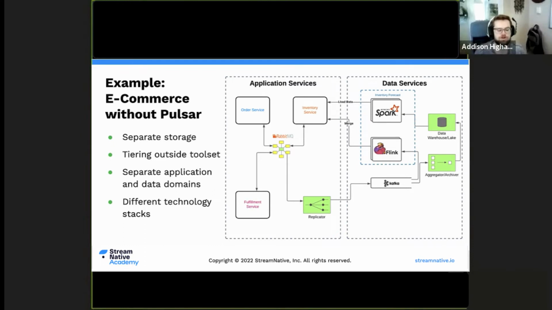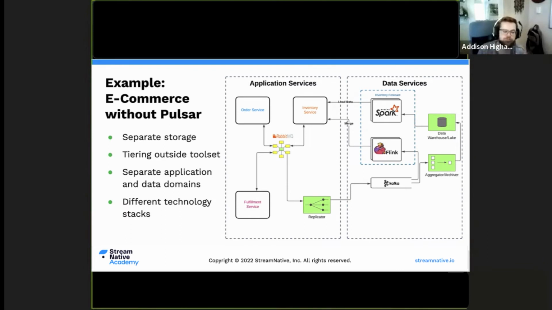Additionally, there's somewhat of a tiering of data where we're moving data from our applications communicating into our streaming system, which then is where it may be stored for weeks, and then finally into our data warehouse where it's stored for long periods of time. But that tiering of data is maintained explicitly. It's something we have to do by cooking these different pieces together.